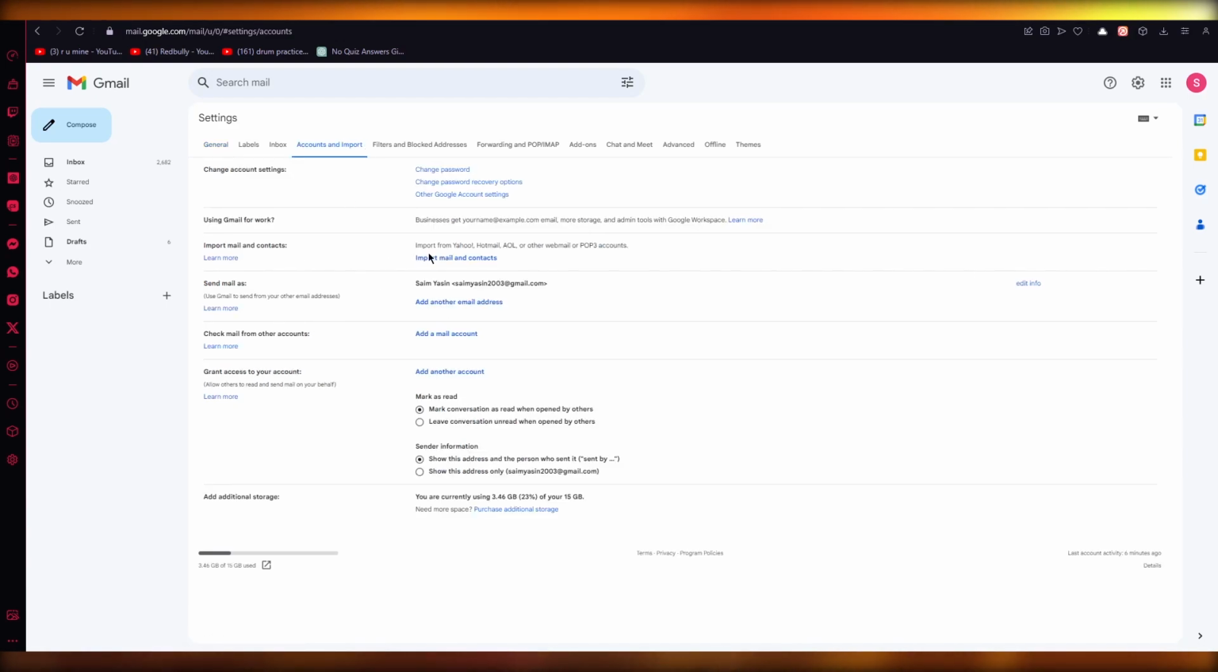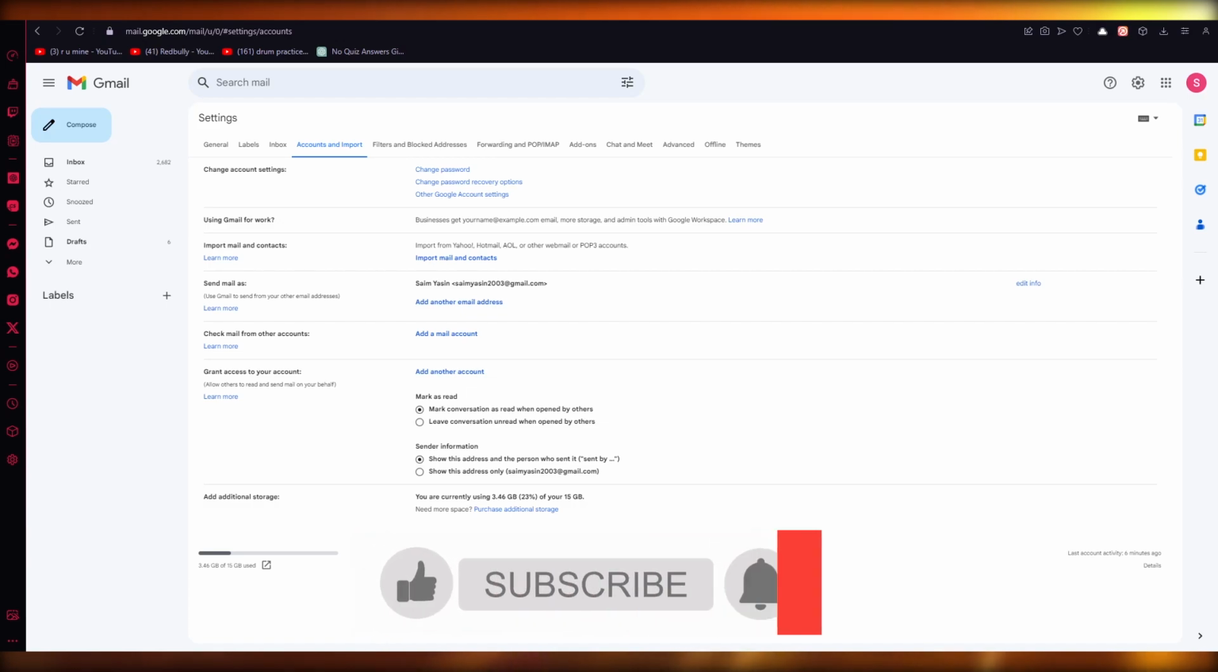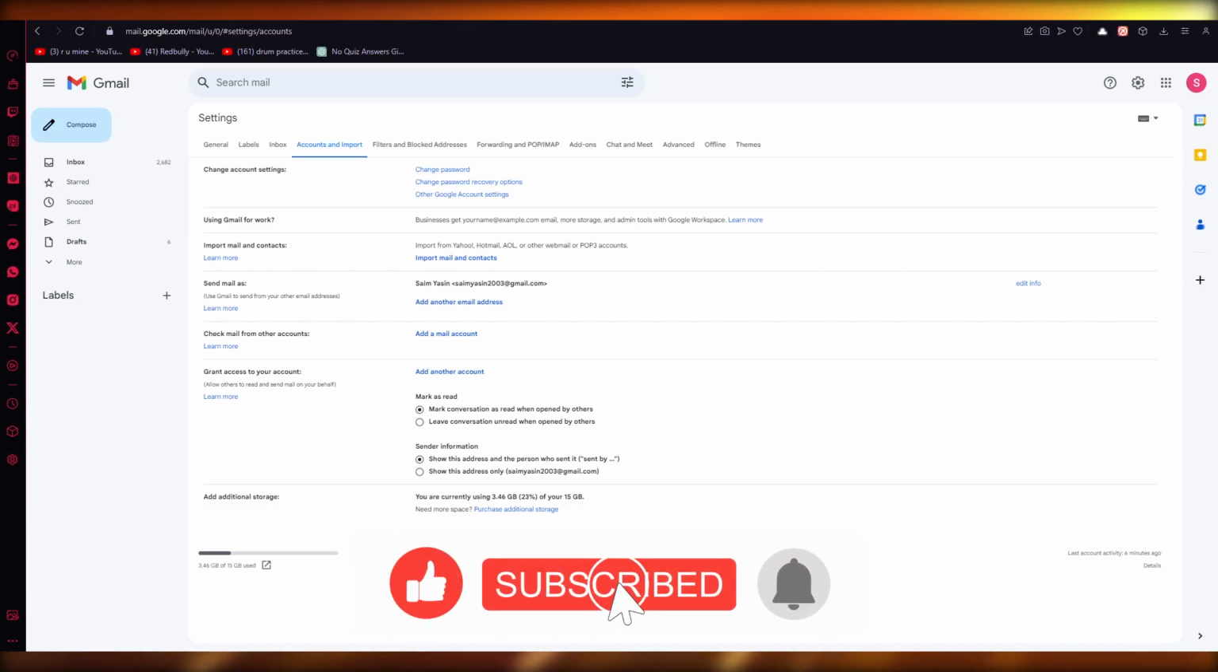So you can also import different mails and contacts, and once you do that, you can connect other domains into this. So yeah, basically that is how you can add a domain or create a Namecheap email for your domain in